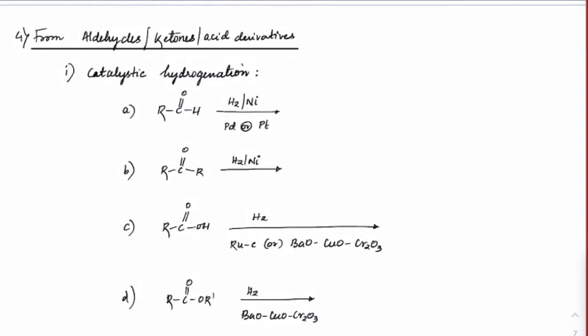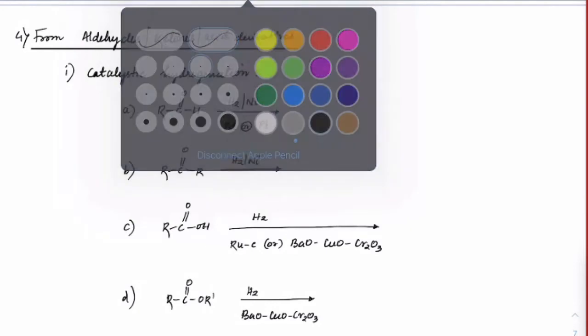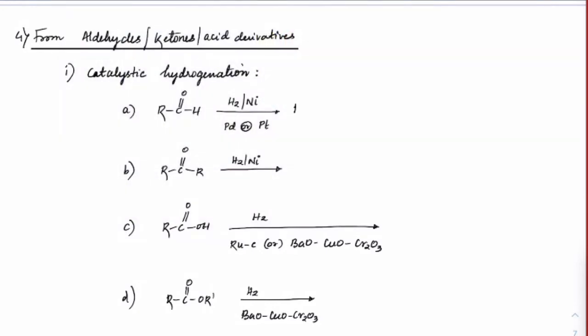First, we can do catalytic hydrogenation. If I have an aldehyde and I treat that with H2, nickel or palladium, platinum, anything, we can directly get alcohols here. So we will get RCH2OH. It's simple: this double bond, which is present on both sides, will have hydrogen added on it. That's how it will give alcohols. Same thing here, C double bond O, we will get an alcohol here also, and this alcohol will be secondary.